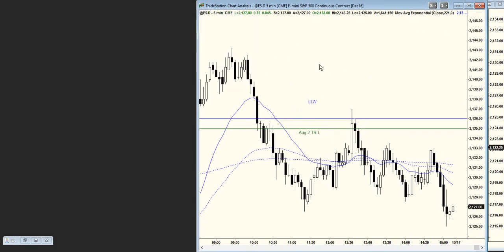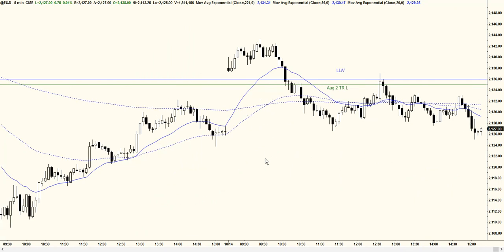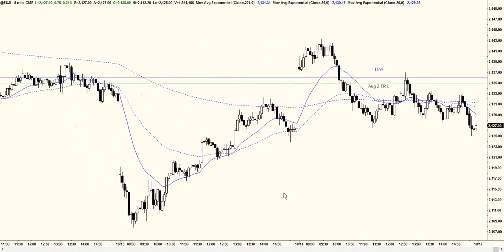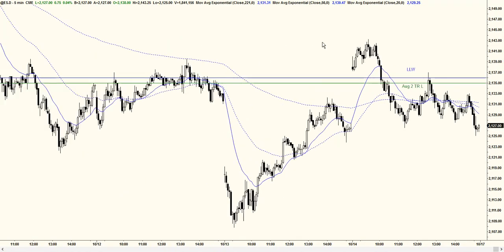And so real quick, let's look at Friday's price action. I don't think I talked about it, so let's give a few minutes on that. So on the open of Friday,